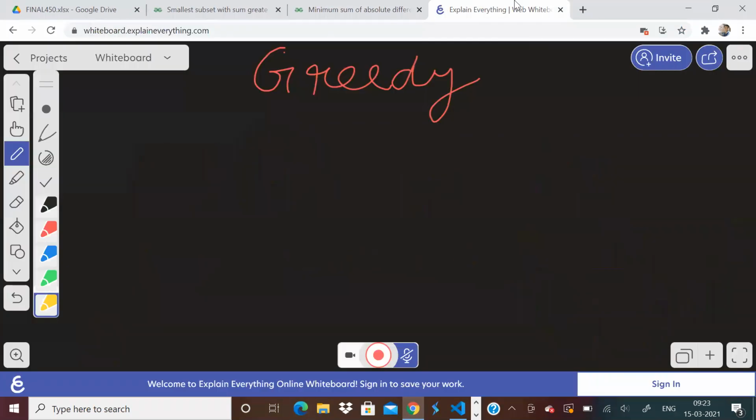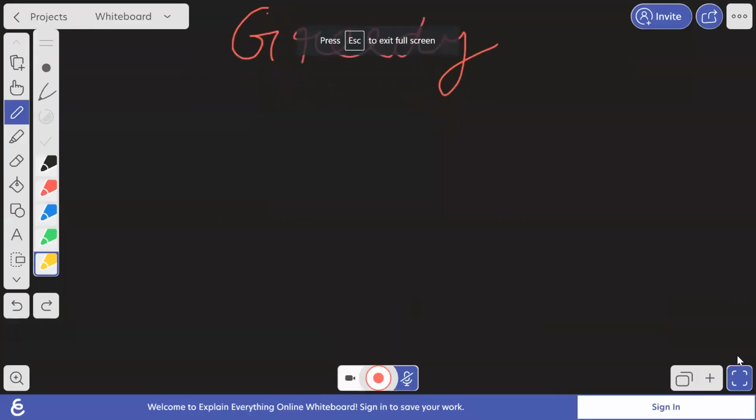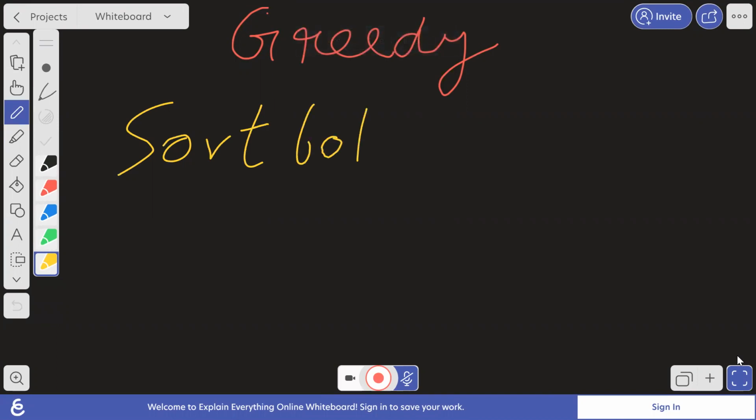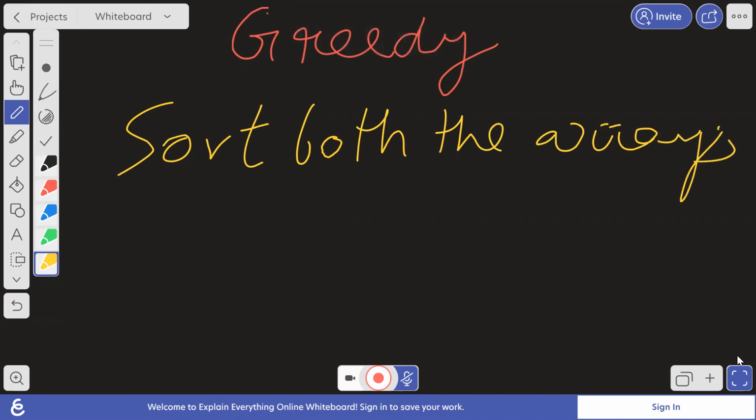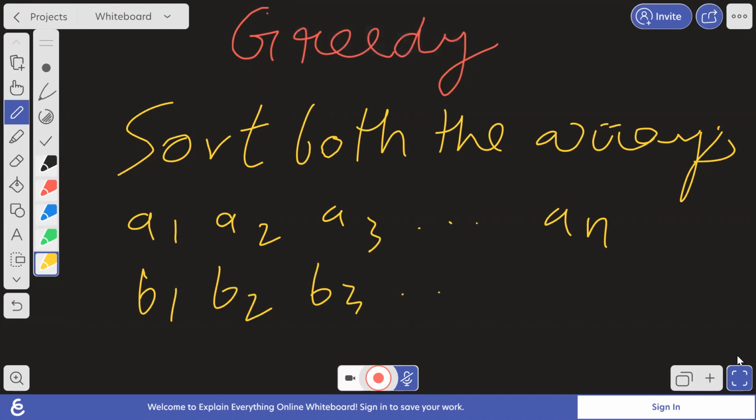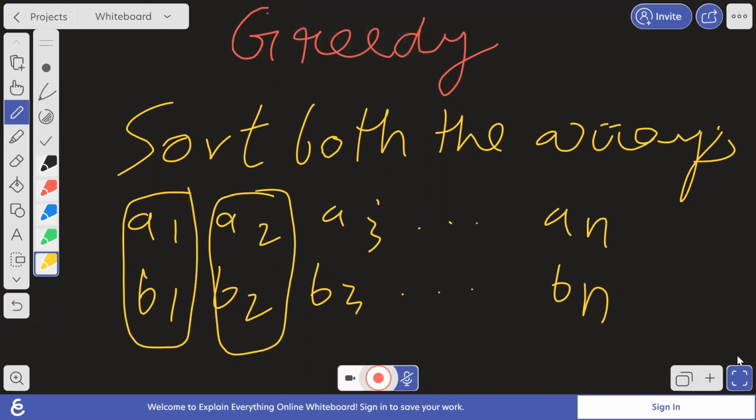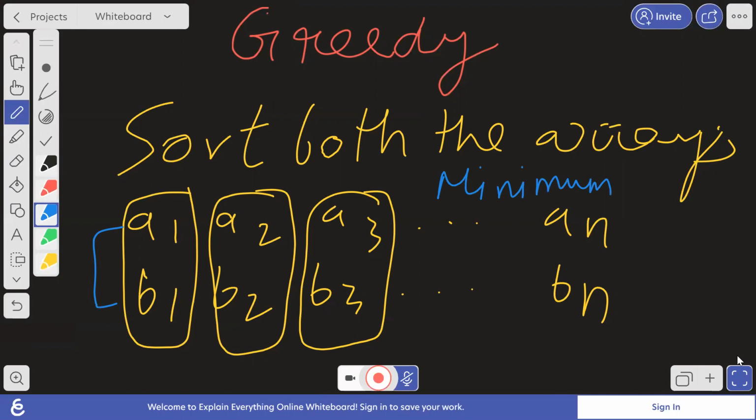So what I will do is I will sort both the arrays, because when I sort both the arrays, suppose A1, A2, A3, so on, AN, and B1, B2, B3, so on, Bn, then A1, B1, A2, B2, A3, B3, if we pair in this fashion, we will get the minimum sum, minimum absolute sum.